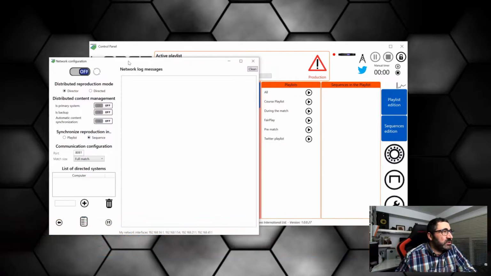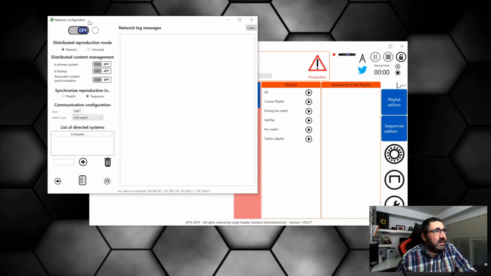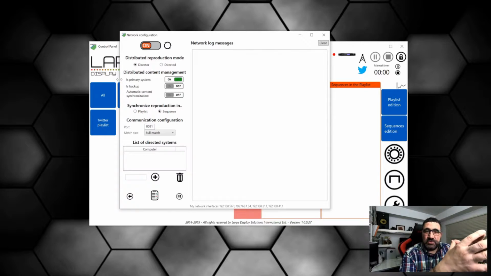We'll see this window opened, right? This is the network configuration panel. First, turn the network on. The system will be configured as a director system, right? We will say that this is a primary system, so I want this system to share all the media information